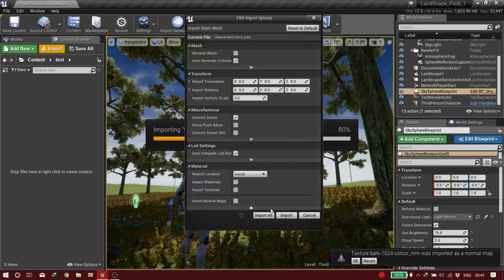and before you hit anything else, you have to consider one very important thing. If you want a big tree, be sure to change this one. Sometimes maybe you make a big tree inside the treeIT, but when you import them into Unreal Engine, they seem very small. So maybe you want to increase this one, import uniform scale. But the most important thing